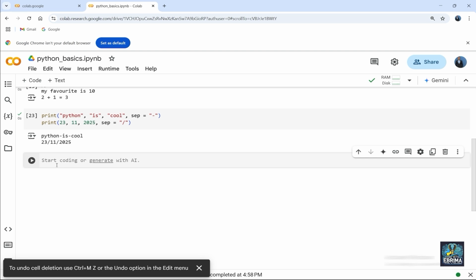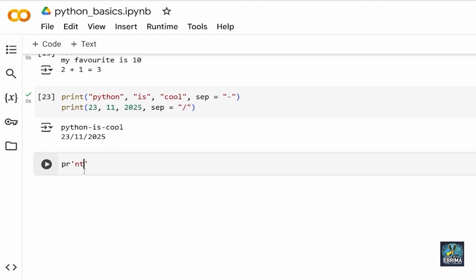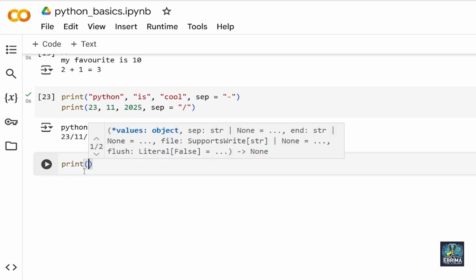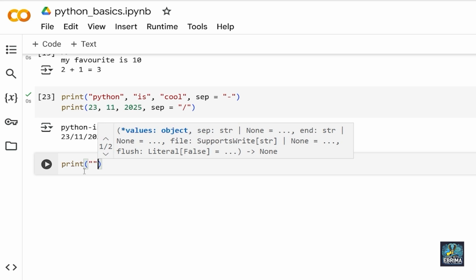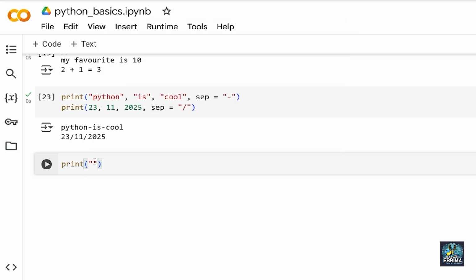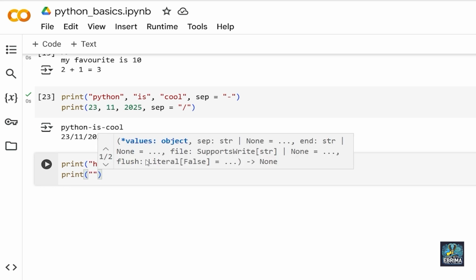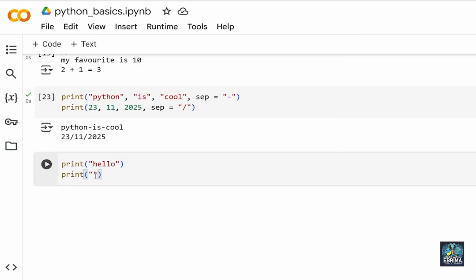Now I'm gonna come here. So now let me just go ahead and type this print. Okay, let me change that. Print bracket open bracket close, and I'm gonna put this inside of strings, and let me just say hello. And now I'm gonna come down here and input another print statement, bracket open bracket close, and I'm gonna say, let's say world. All right, so now let's load this and see what's going on here.